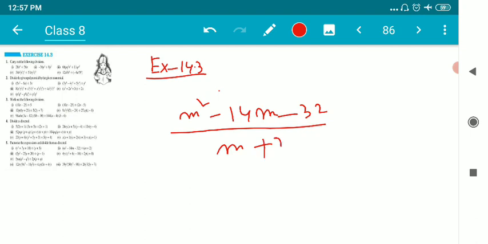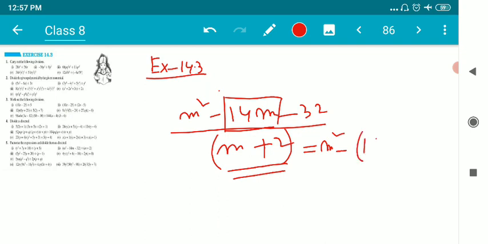Children, let me give you one small trick. Whatever you are getting in the place of the denominator, with that number only, the middle term factorization can be performed. You might be thinking, sir, how can we factorize m square minus 14m? For 14m, you have to take 16m minus 2m, minus 32. The question comes to your mind, sir, why did you take 16 minus 2 to express 14? Why not 10 plus 4? Why not 7 plus 7?